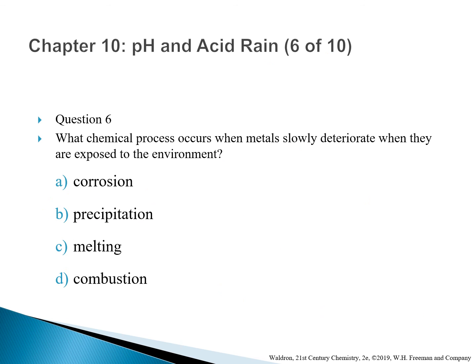Question 6. What chemical process occurs when metals slowly deteriorate when they are exposed to the environment? A. Corrosion. B. Precipitation. C. Melting. D. Combustion. Please pause your video here. The correct answer is A. Corrosion. Precipitation describes things that are falling, such as rainfall, where ions are falling out of solution and re-entering the